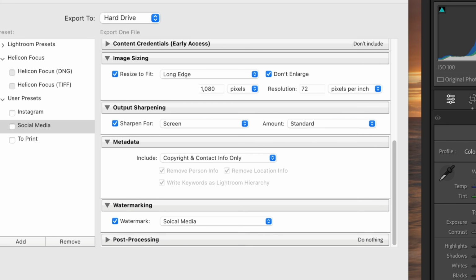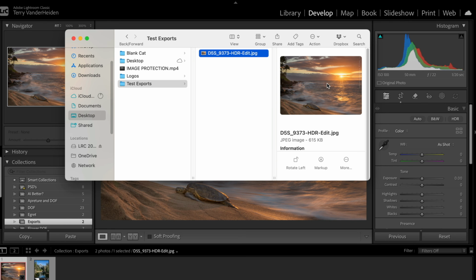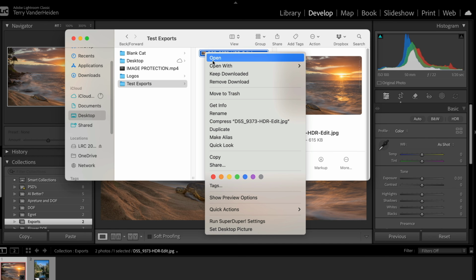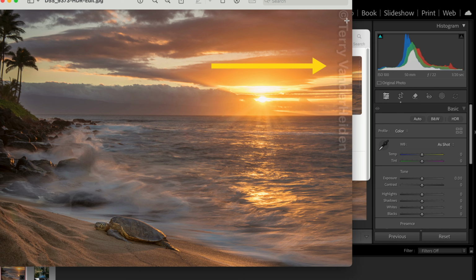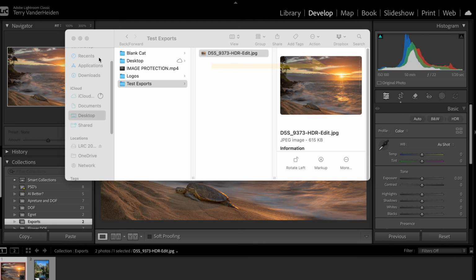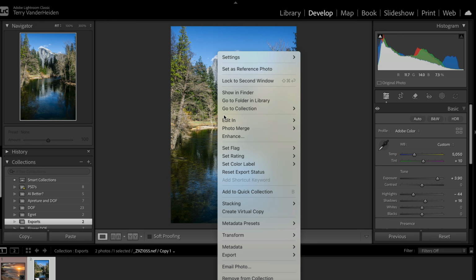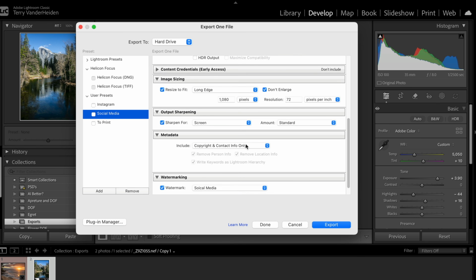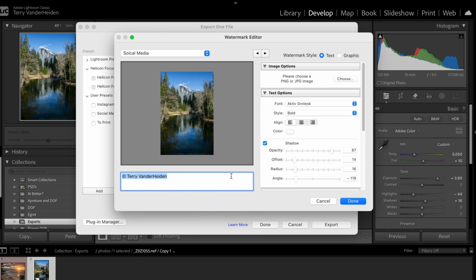So let's go ahead and export. A couple seconds later, it's exported. Let's go ahead and bring up that folder. And there's our image. Let's go ahead and open it. We can see our watermark is intact and our image is exported to the proper size. So there's one other thing I want to show you. When we go to export something, if we want to export another image, but let's say this time we'd like to change our watermark to an icon of some sort or a graphic, we go into graphics